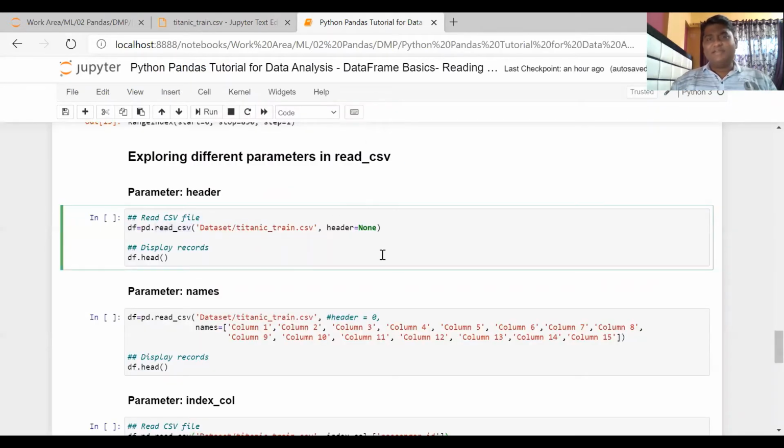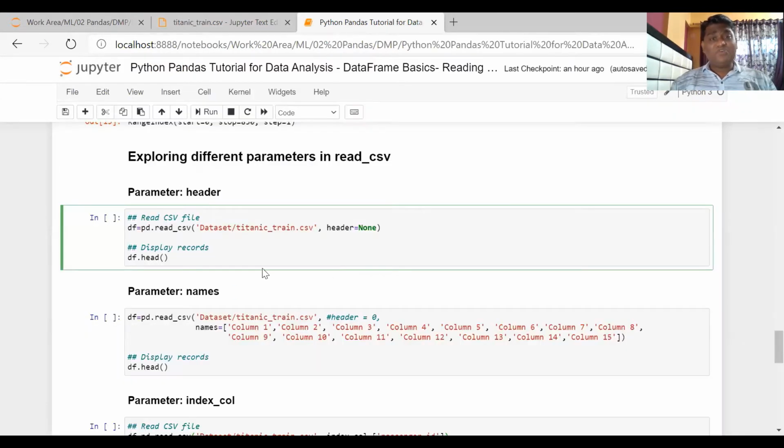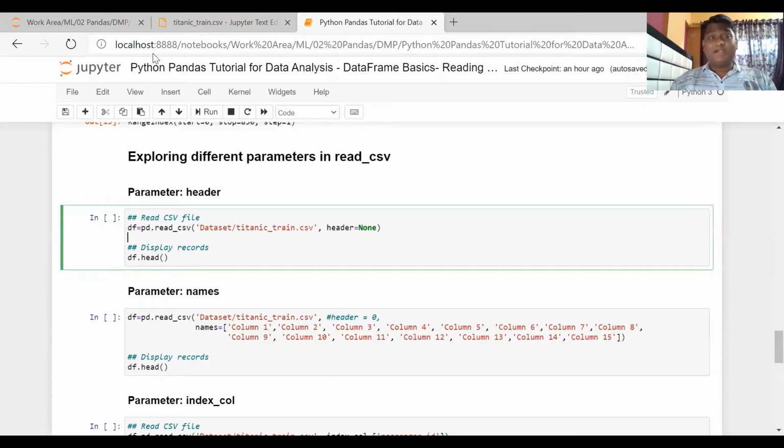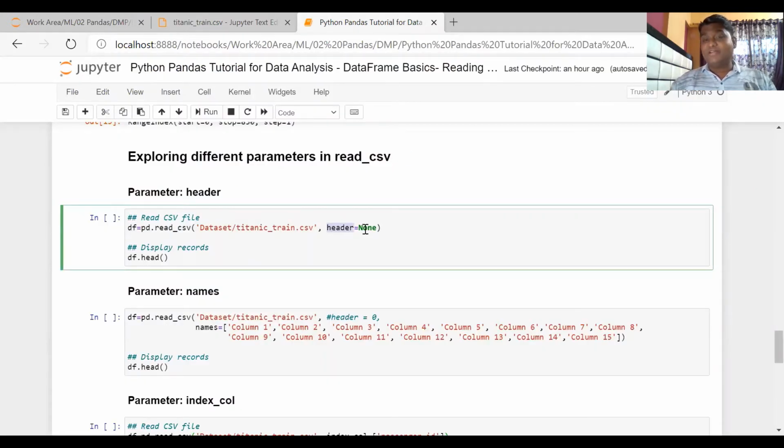Suppose you have data which does not have any header. The file contains only data, not a header. In that case, if you try to load the data into a data frame using the read_csv method, by default it will assume that your data has a header, and the first record it will treat as a header. But if your data does not have a header at all, and the first record is data itself, you can set a parameter called header as None.